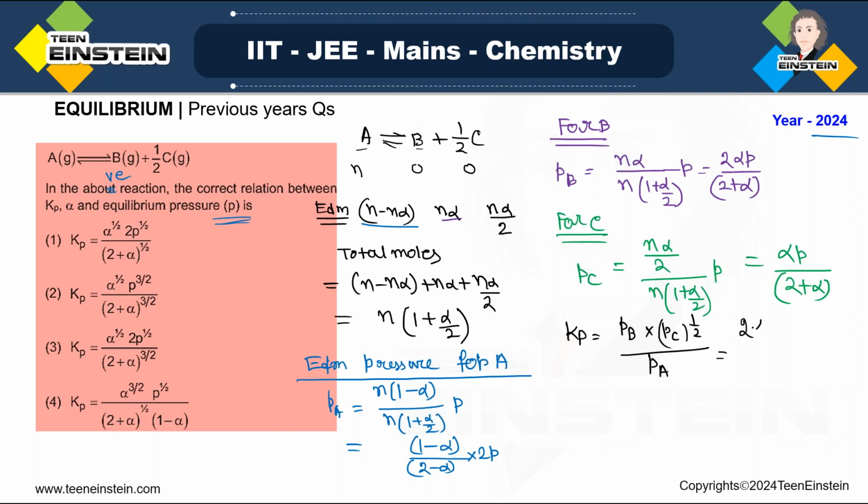For B it is 2 alpha P divided by 2 plus alpha. Then we have within root, alpha P divided by 2 plus alpha. So after simplifying,